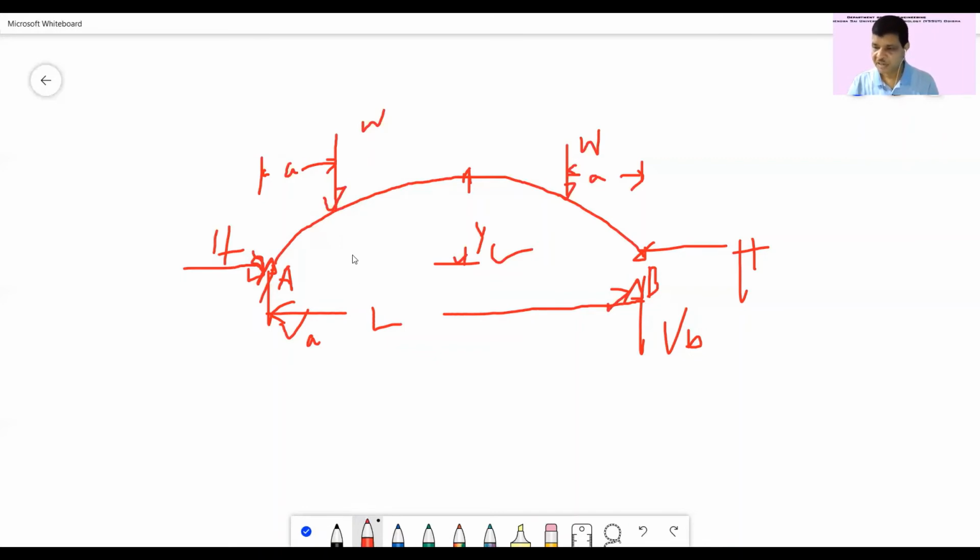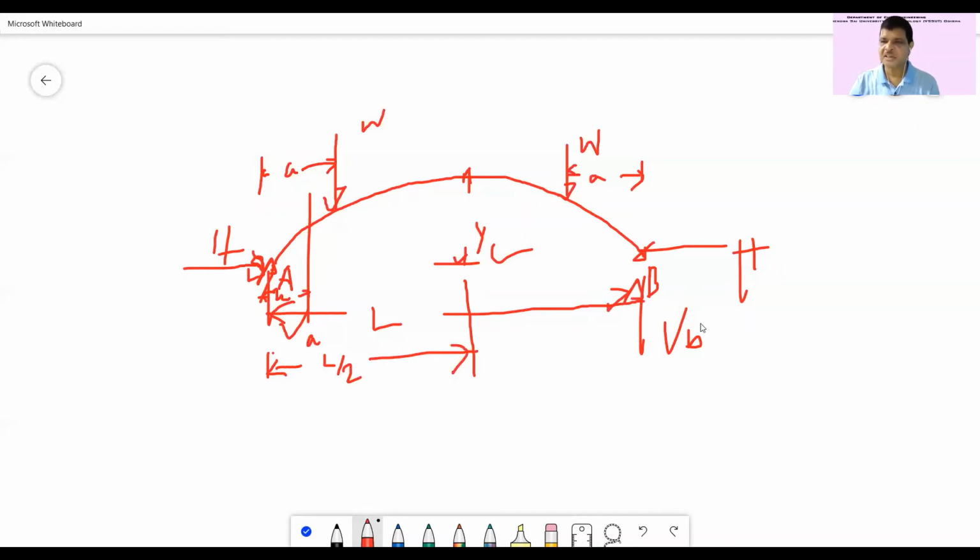Now if you take any section, you can find that there are two sections. This is symmetrical, right? Symmetrical with respect to loading, and symmetrical with respect to geometry. So to find the total energy, we can take distance x from here, 0 to L by 2. So from 0 to L by 2 we can calculate the energy, then multiply by 2, that will give the total energy of the arch, because you have to find the total energy.